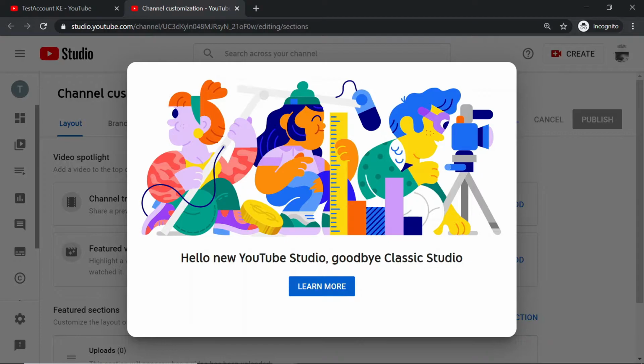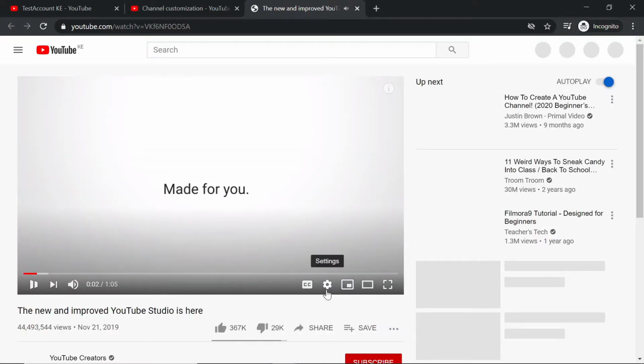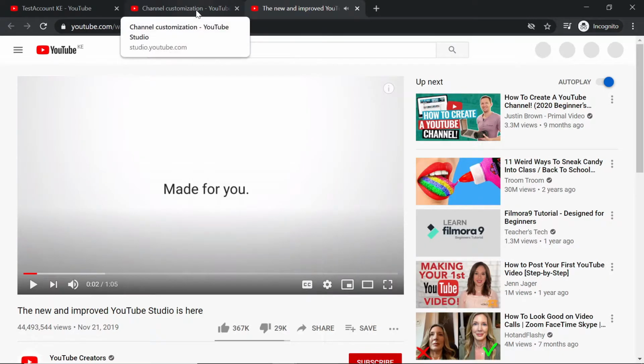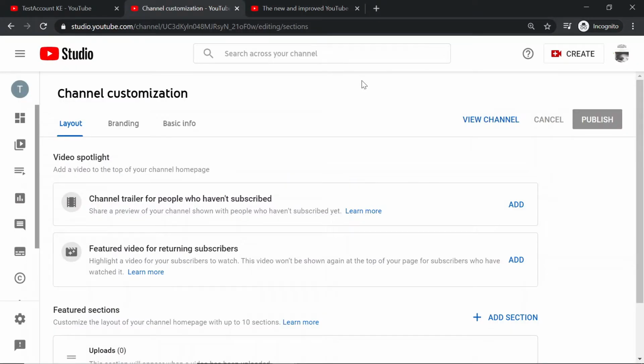So it says hello new YouTube Studio, goodbye classic Studio. YouTube Studio enables you to manage your videos, your YouTube channel content. This is just a link to a video that you can watch to understand the YouTube Studio. So let's go through each of these things. The top here is the dashboard. When you click on the dashboard,